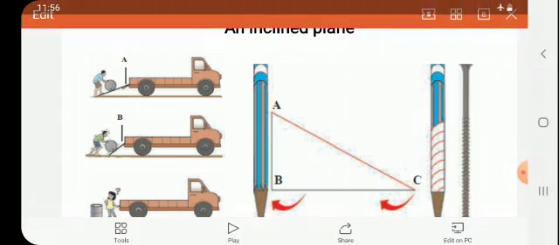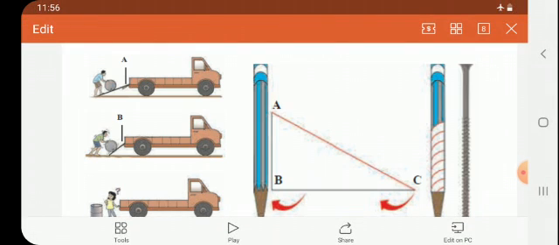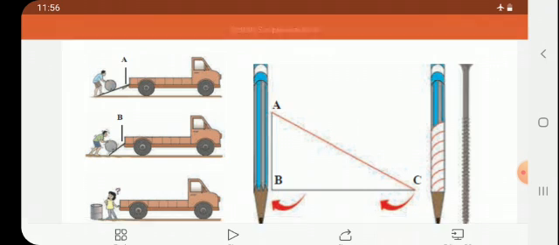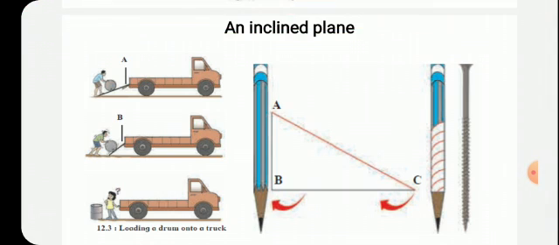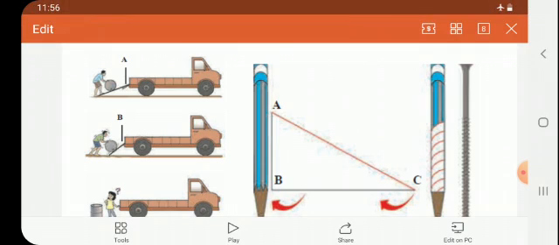In the third picture, you are observing that a girl wants to load the drum in the truck, but what she is doing? She does not have any plank. She wants to load it on her own. So where the work will be done easily? Just think over it. You will find that the girl who does not have any plank will need more effort to load the drum into the truck.